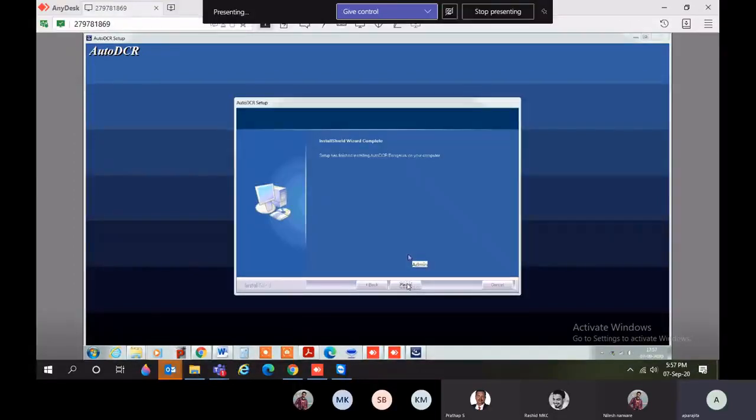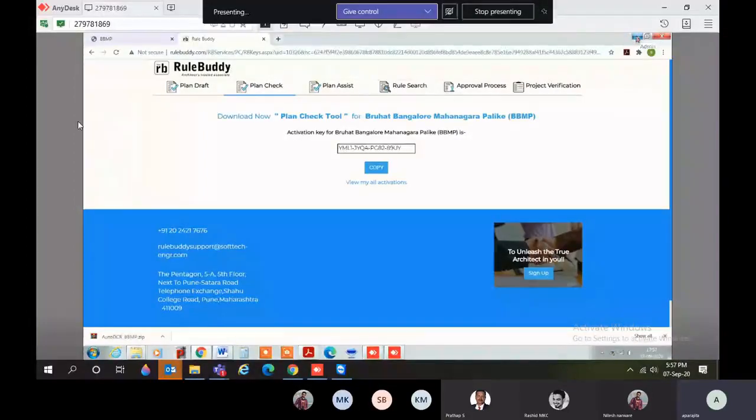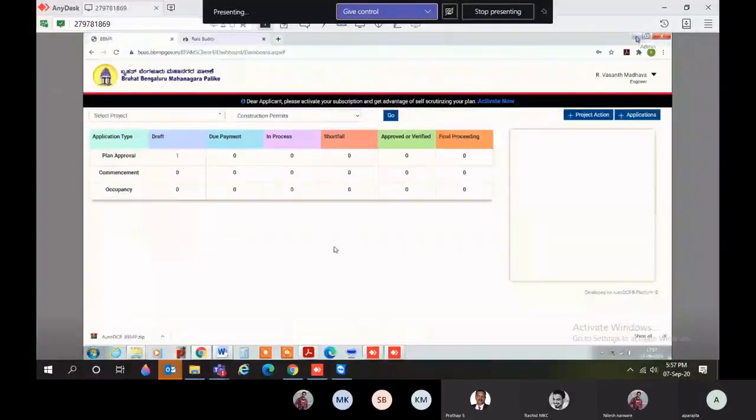Again click on finish button. So now go to your console. See here, this status activate now has changed into view info.